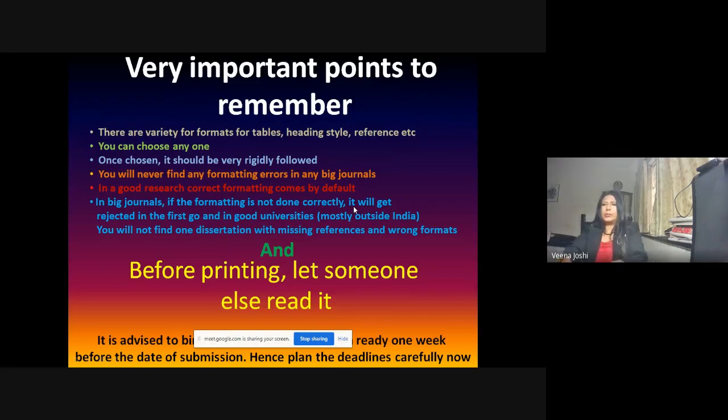To conclude, there are a variety of formats. You can choose what you want, but you have to stick to it. You will never find any formatting error in any big journal, and therefore, जिस पे formatting error है, they are not good. And therefore, do good research, student. 1960 नहीं है, अभी 2020 है. हमें आप लोगों से बहुत उम्मीद है, लेकिन आपको सीखना जरूरी है, प्रैक्टिस की जरूरत है. So, in a big journal, if formatting is not done correctly, एक सेकेंड में फेंक के बाहर, because all software is there. उनके फॉर्मेट में अगर नहीं बैठा तो वो उसको एक्सेप्ट भी नहीं करेगा.